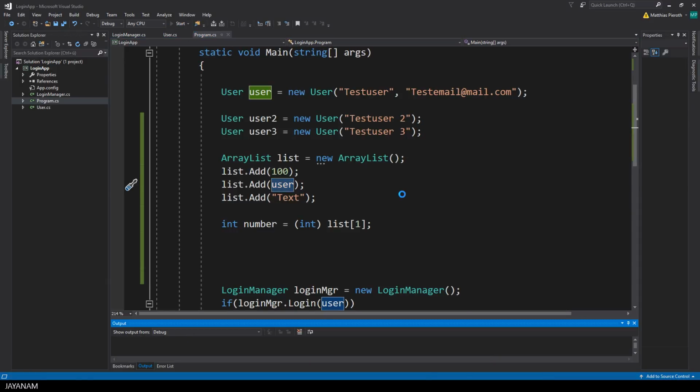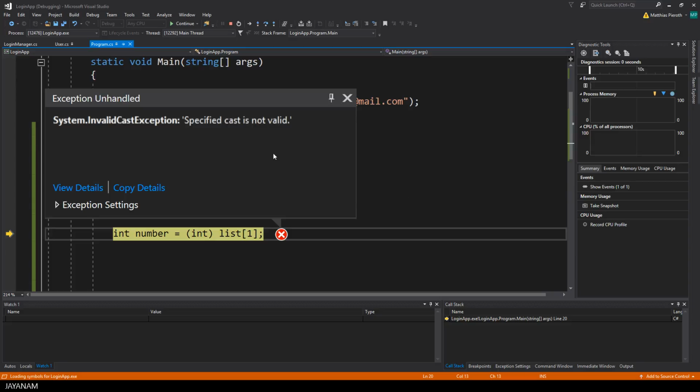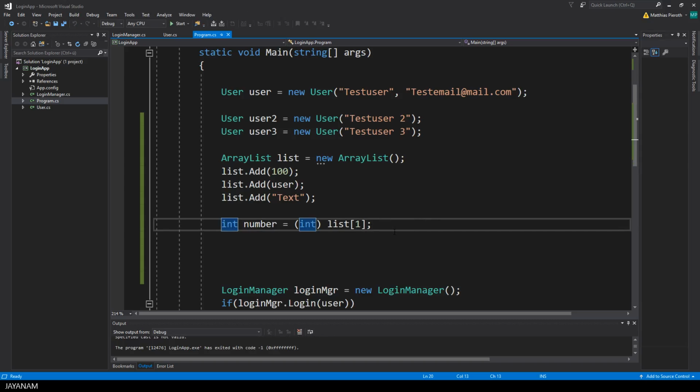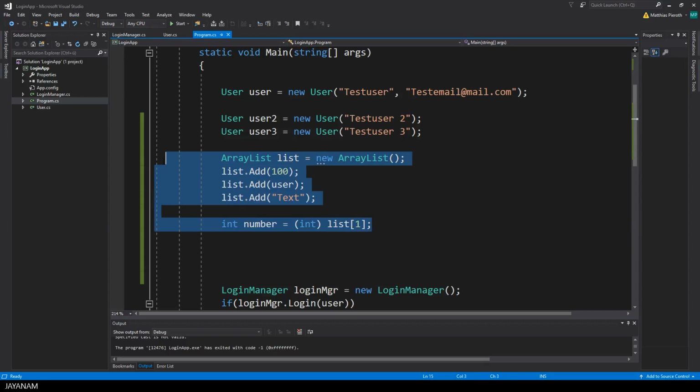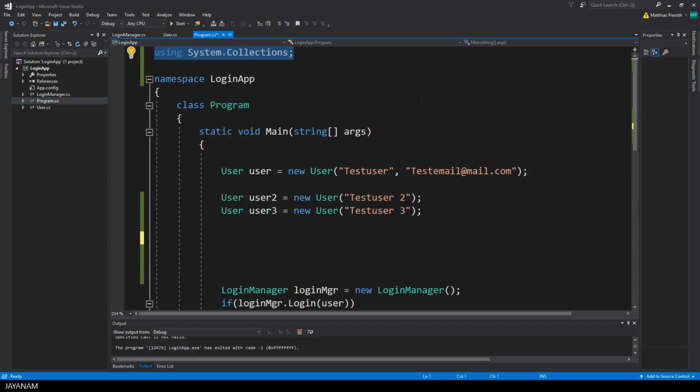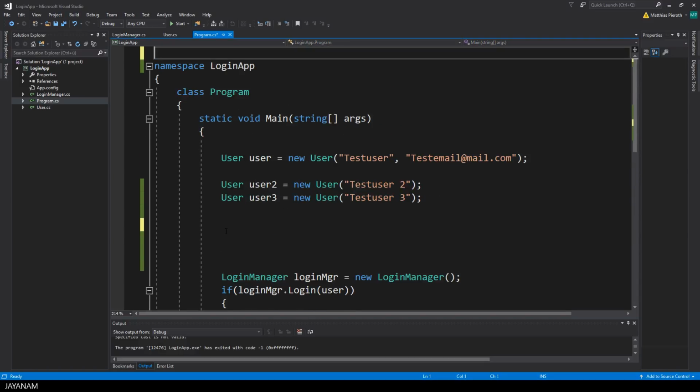And look at this, what happens when we start the program. We get a System.InvalidCastException. This means the program is crashing. What you could do is to use exception handling. We will come to this in a later tutorial, but I have a better solution. Avoid using the array list. So I will remove this here, also the namespace, and we are going to use a different list from the